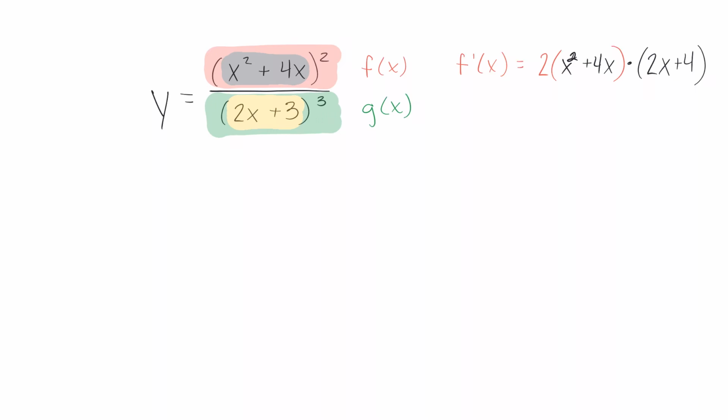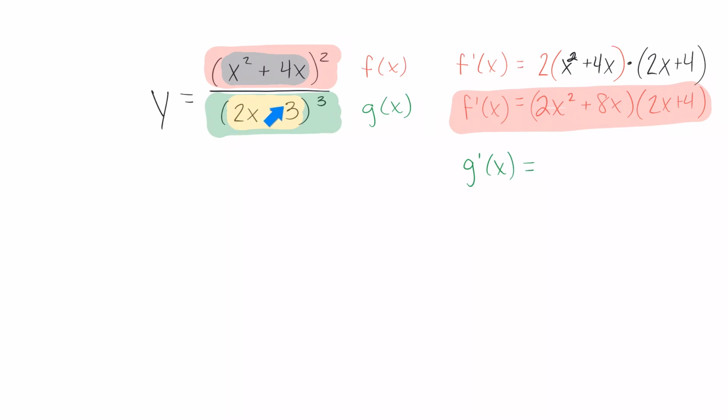right? So that's good. And if I want to clean that up a little bit, I can say 2x squared plus 8x times 2x plus 4, right? Okay, so this is my f prime of x. So this is useful. Let's keep this. Here's f prime. If we do the same thing for g of x, if we find g prime of x right now,